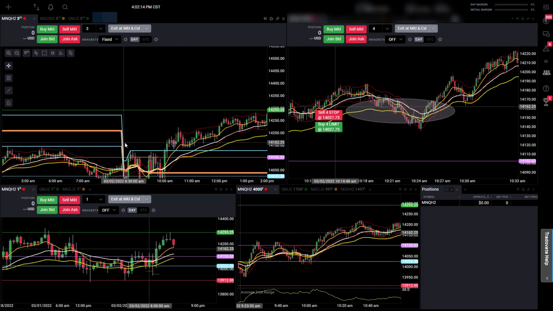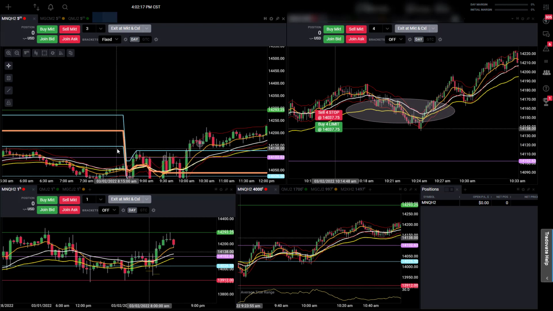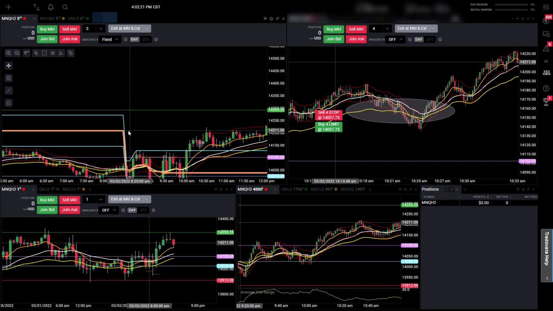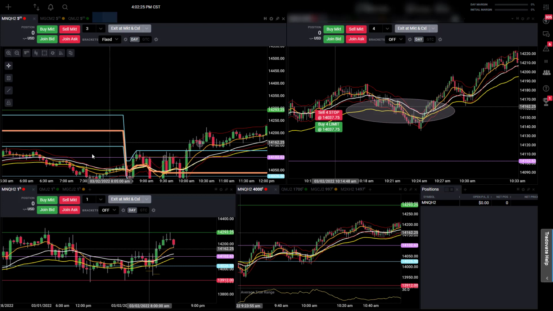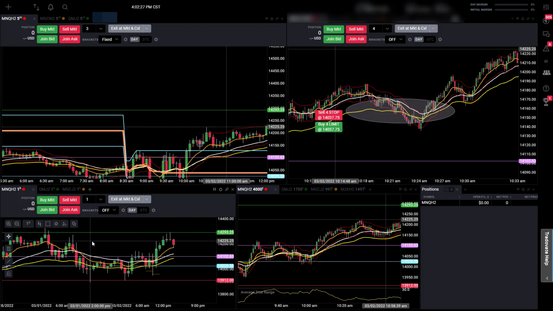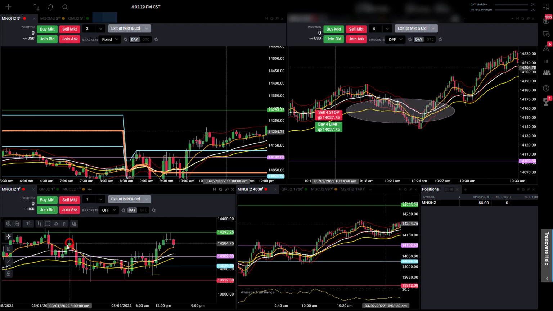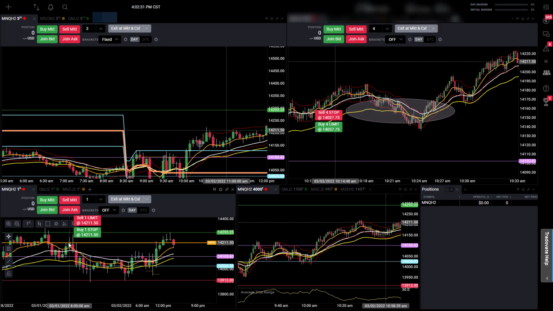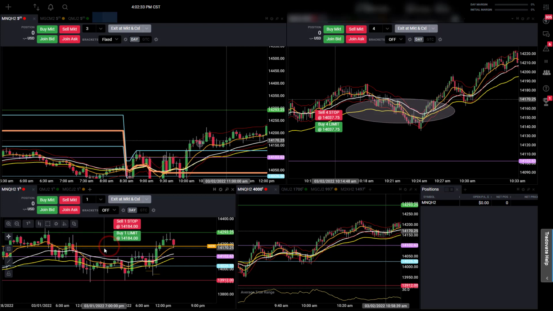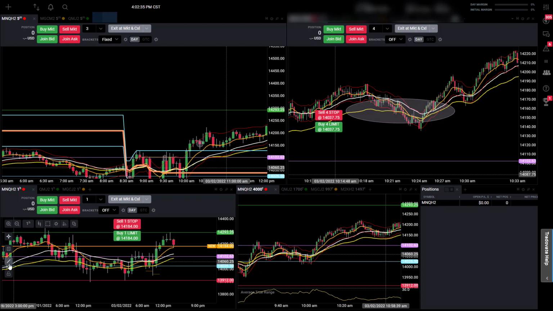But your first target here is the previous day opening range low, and then the opening range 50%. That's your high probability area, especially when it aligns with other things on the chart. Like you can see here on the 1 hour chart, it aligns with a 1 hour level. And if I draw that out here,